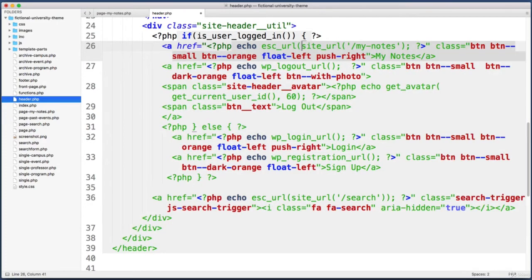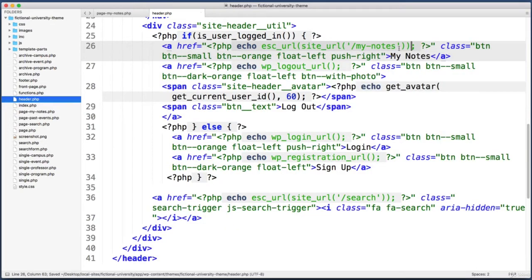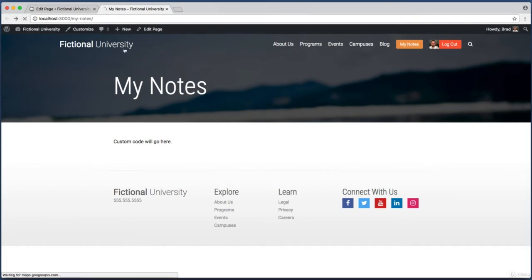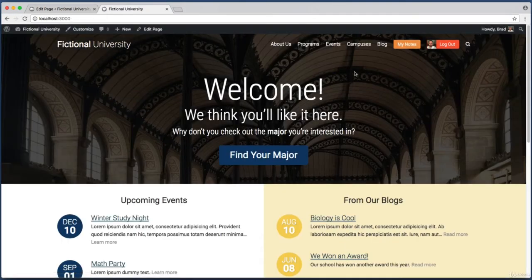Open parentheses here, close the sandwich of parentheses here. Okay, let's give that a save. Perfect. So if I go back to the home page, now I can get back to the My Notes screen